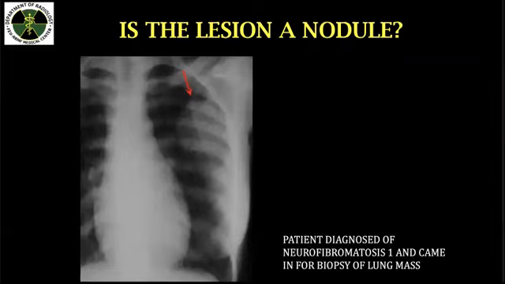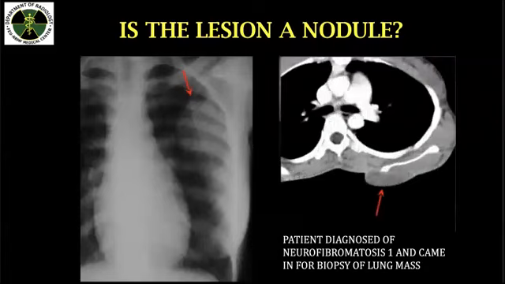You saw a soft tissue opacity at the left upper lobe on the frontal projection. In order to distinguish if it's extrathoracic or intrathoracic, you could do a lateral view or, better yet, do a CT scan. In this case, you will appreciate that the mass is seen outside the lung parenchyma. Therefore, it's extrapulmonary. To measure it, by eyeballing alone, you will distinguish that it's more than 3 centimeters. So therefore, it is a lung mass. However, it was diagnosed as neurofibromatosis during biopsy.